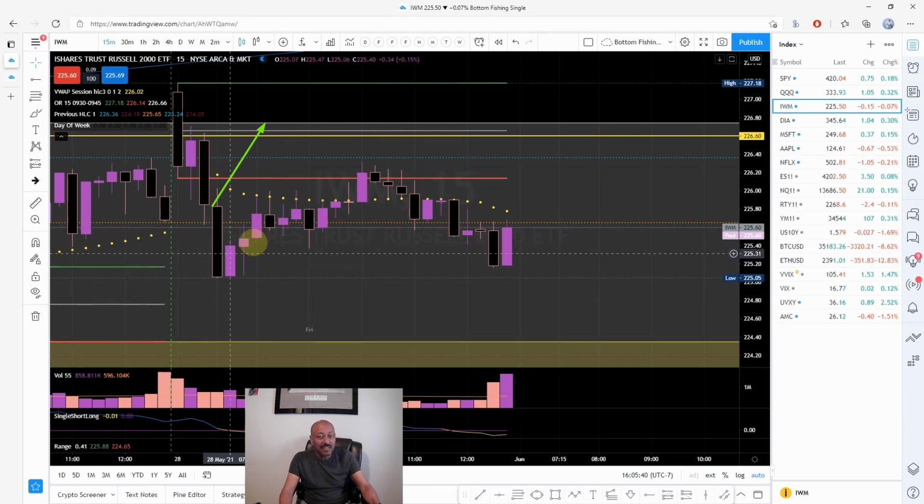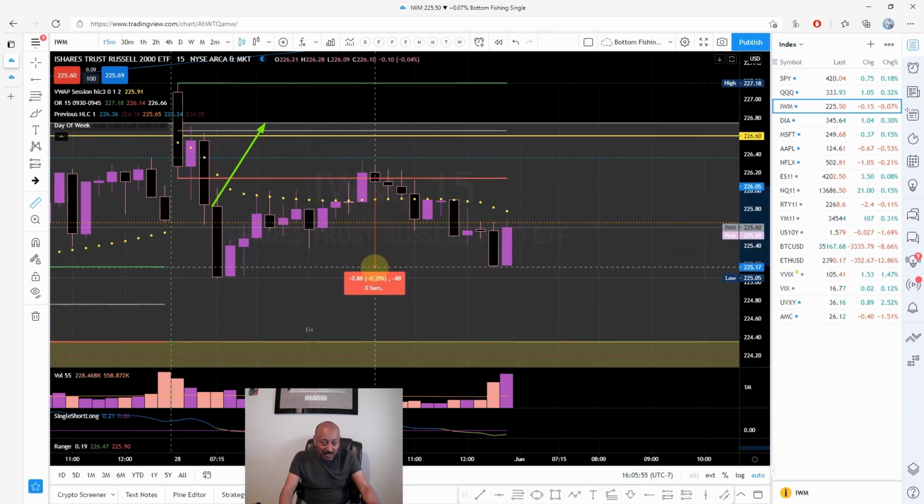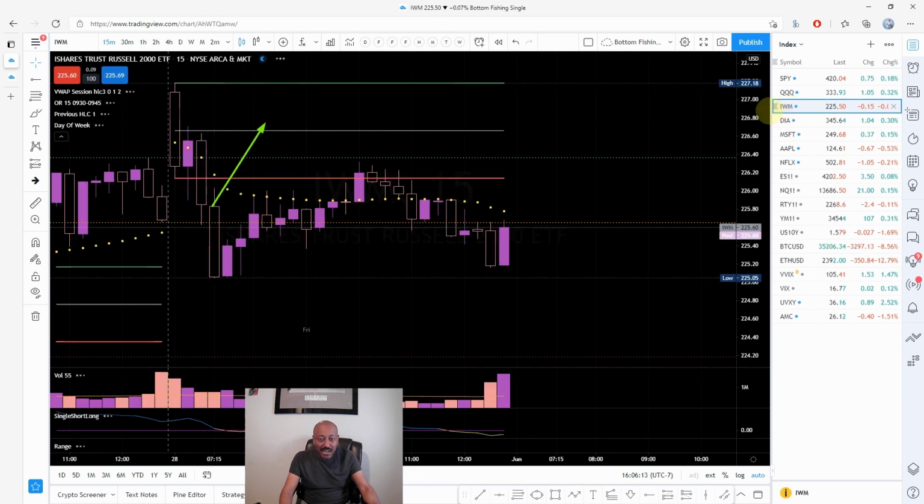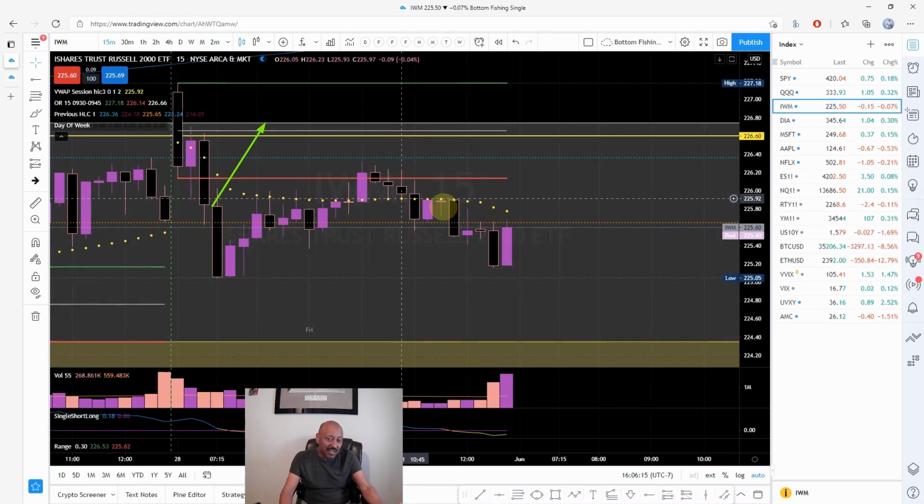When we get this formation here, this is where you get a rejection, you form a lower high. At the break of this, maybe I can target here about $1. I would take it normally, but again, because it closed above VWAP, I just didn't feel comfortable. It was a better close above VWAP because in the SPYs, the VWAP was inside the 15-minute range. In the IWM, it's below the 15-minute range.